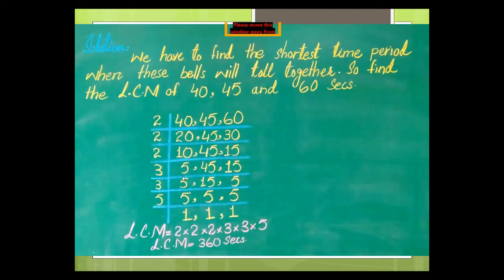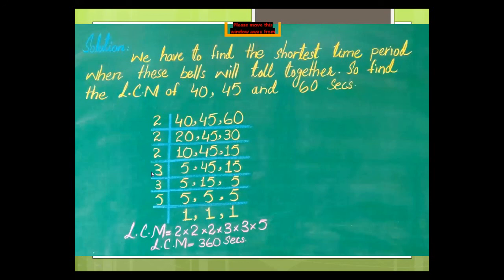But in this question, we just find the smallest divisor which divides most, even just a single number, then we take it as a divisor. So you see that only 10 is divisible by 2, then we take 2 as a divisor. Then 10 divided by 2 is 5, and 45 and 15 are both not divisible by 2, so we don't divide them by 2, we just take 45 and 15 as they are.